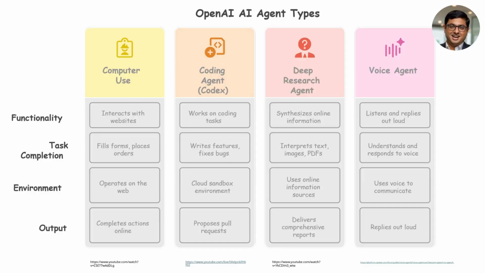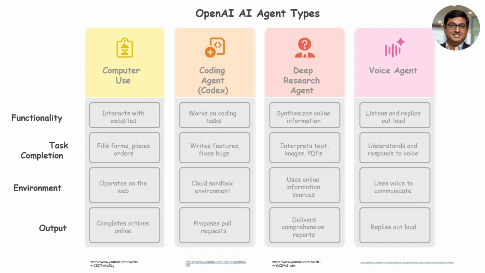New AI agents are getting released as you watch the video. Here is a list of AI agents by OpenAI that are commercially available today for use. The YouTube links are available at the bottom for detailed review. Computer use. Agent that can go to the web to perform tasks for you. It can interact with websites by typing, clicking, and scrolling to complete actions such as filling out forms, placing online orders, and scheduling appointments.